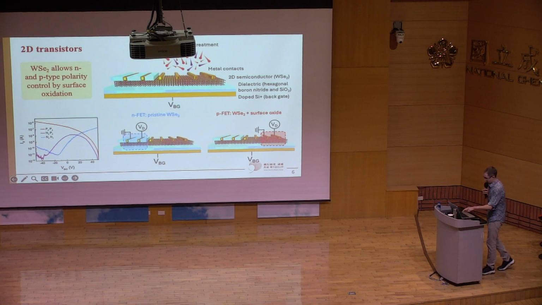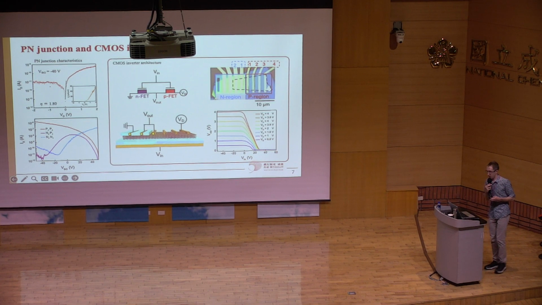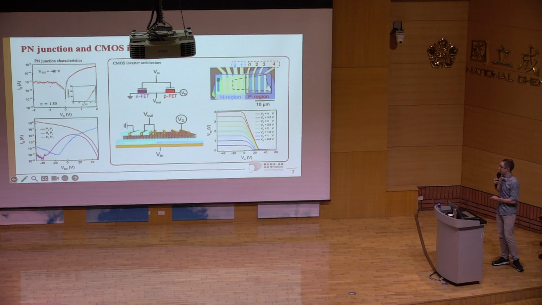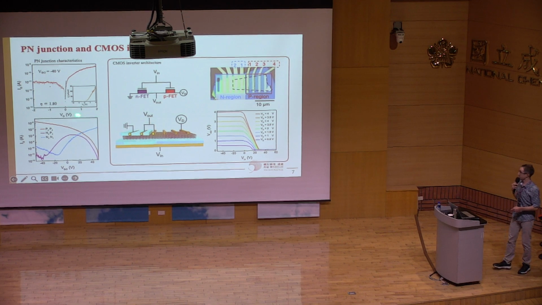And we can use that to do a couple of things. Firstly, we just demonstrate that we have a nice PN diode using this technique. So we do that just by showing if you change the bias, you get a larger current in one